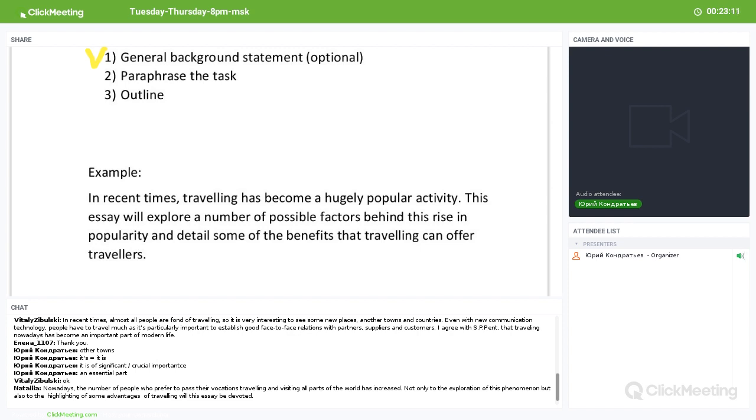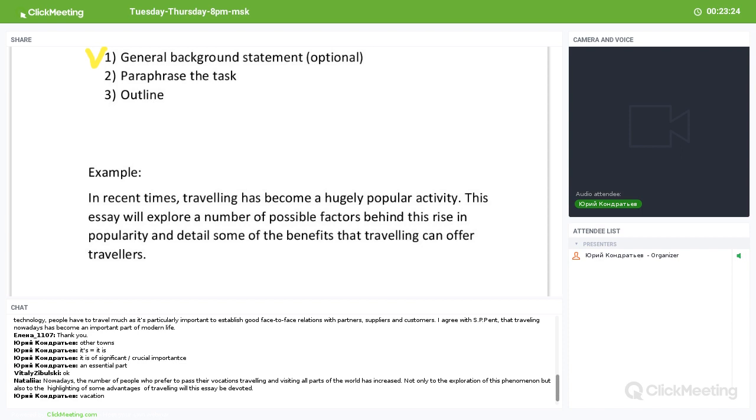So nowadays, the number of people who prefer to pass their vacations... If you spell vocations with O, it means a profession. So it's vacation. And don't forget that it's an American word. For example, you use the American word vacation, but then you use traveling with British spelling, because in American spelling, it will be one L, like Vitaly did. Maybe not Vitaly, maybe it's his Microsoft that corrected this. There are holidays if it's British English, vacations is American English, but then traveling should be one L.